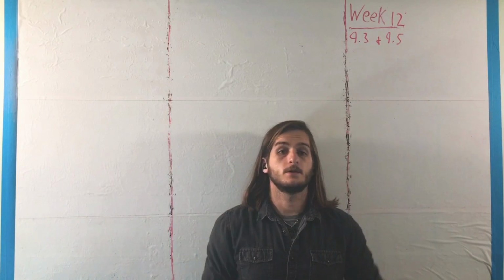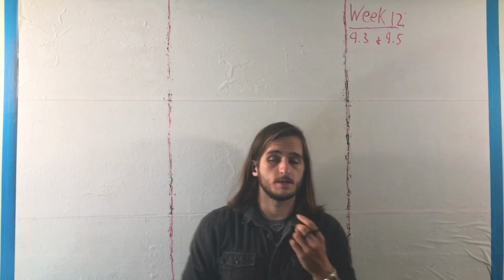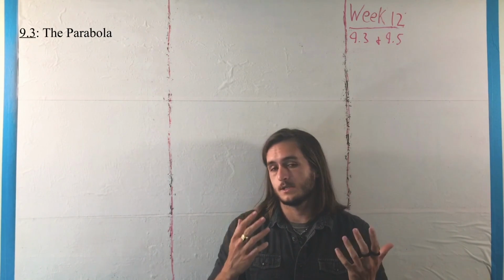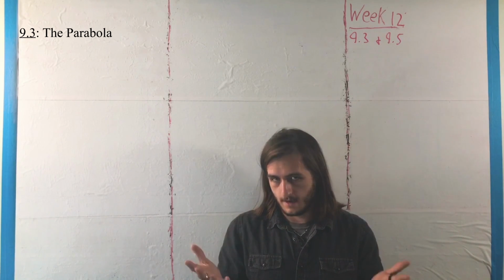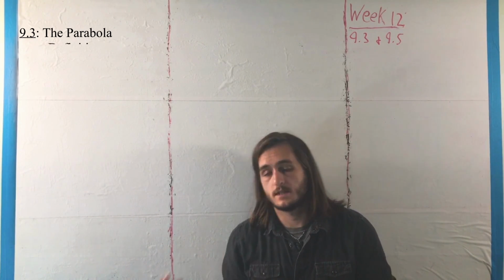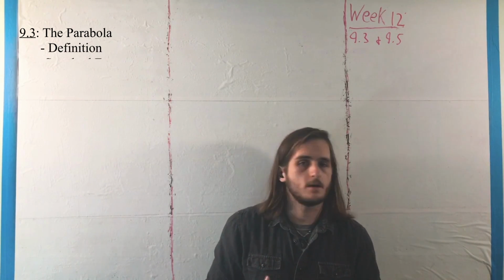Hi again, everyone. So this week we're going to be keeping on moving into Chapter 9 here, starting with Section 9.3, where we are looking at the next conic section, the parabola. It's probably the one we've seen the most, but we're going to be looking at it a different way here, where instead of having 2 points, the foci, we've got 1 point, the focus, and a thing called the directrix,